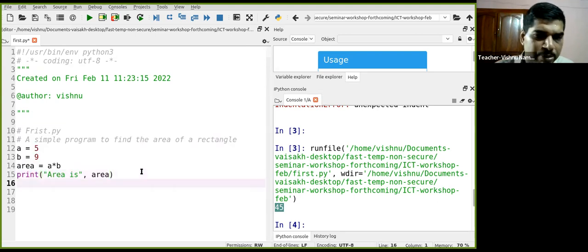I will modify the same program once again to make it a little bit more user-friendly, instead of going into a new file or modifying it completely. So it is better to show the user, even if it's we ourselves, that area of a rectangle with sides 5 and 9 is, I think, slightly better, right? The program looks a little bit more professional in some sense. Area of